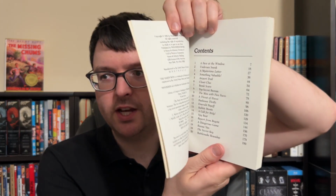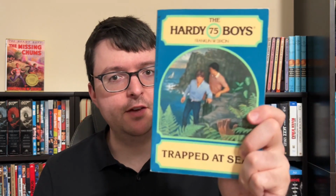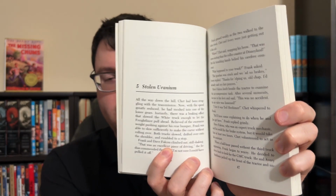This is a second printing from Wanderer, and it's when they were doing the very much brighter white for the actual page stock. So this is one of those digests you can get in really good shape that will have basically no page tanning because it's the brighter white paper stock. Same thing for book 75, Trapped at Sea. This is a Wanderer second printing, really beautiful shape, with the wonderful clear white paper stock, no tanning, and of course stolen uranium, because this is the volume that carries the lovely...